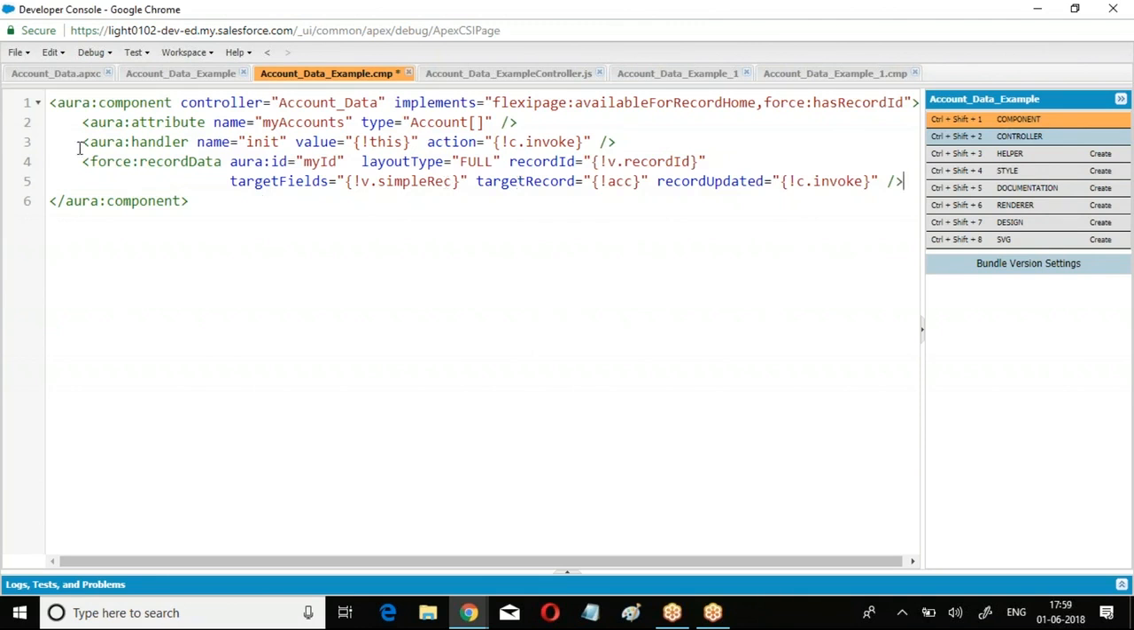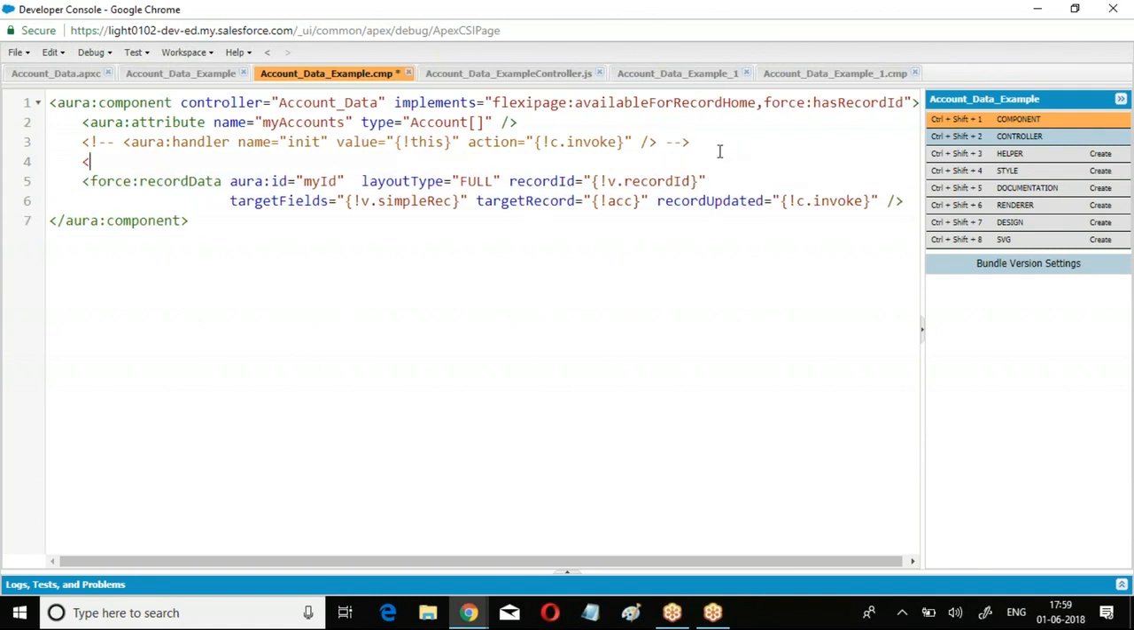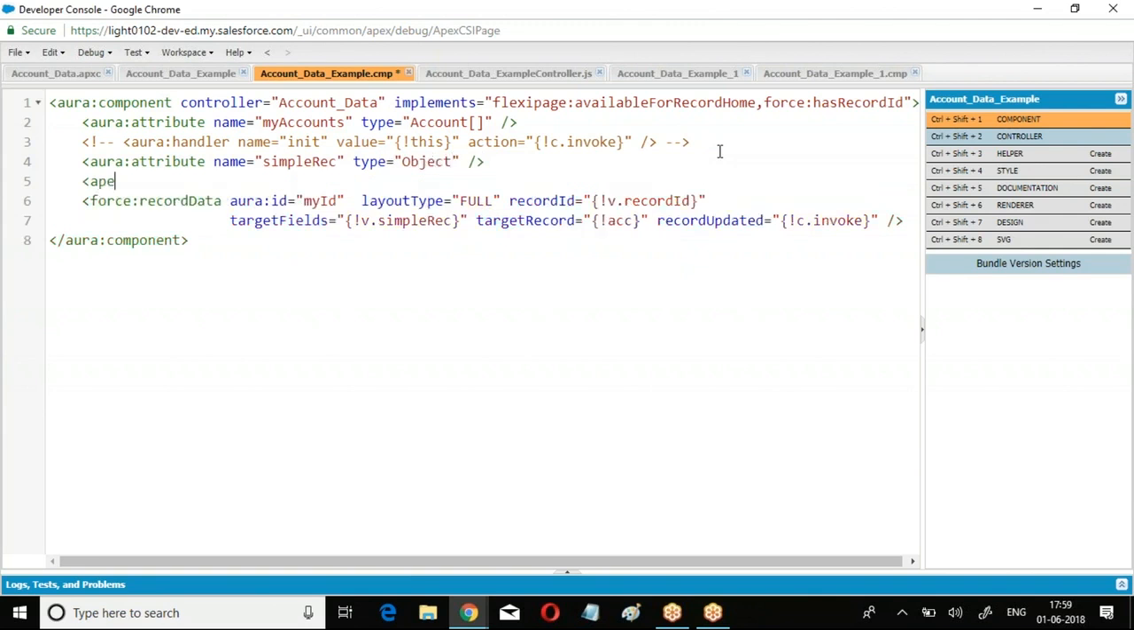Now I will not require this handler anymore. I had given it only to display this. Now if I want to hold this data, what do I require? I need attributes. How do you define the attributes? aura:attribute name equal to, type equal to; aura:attribute name equal to acc, type equal to,